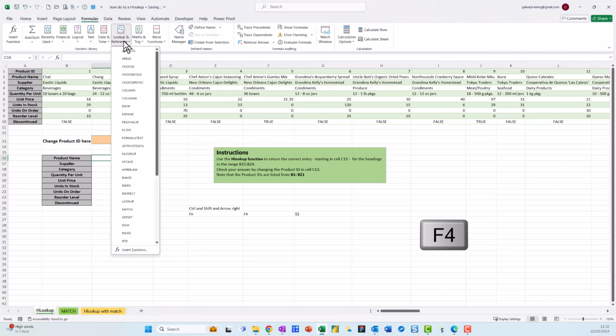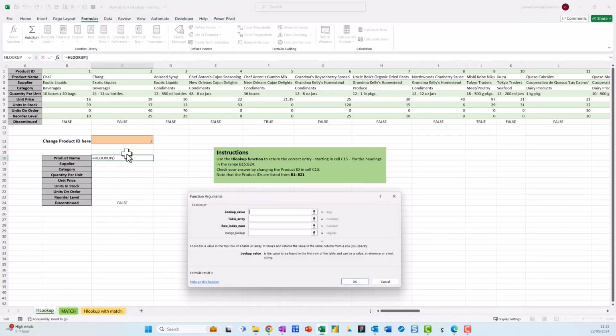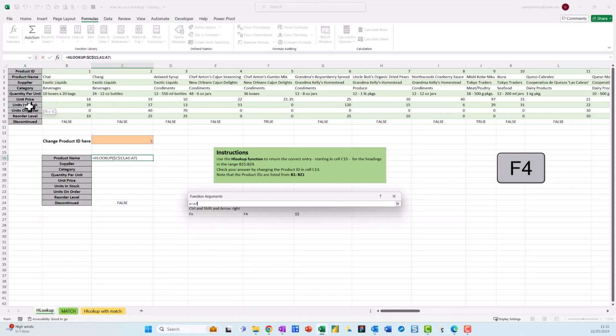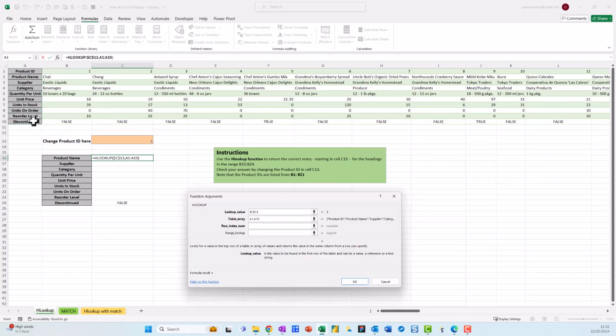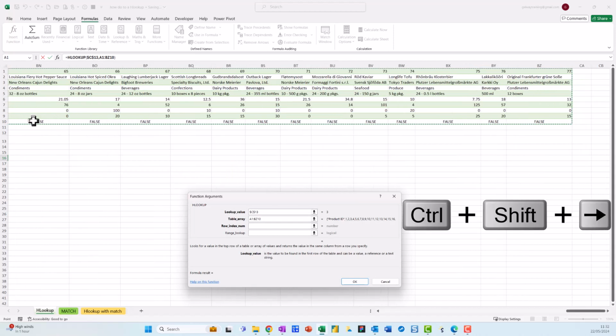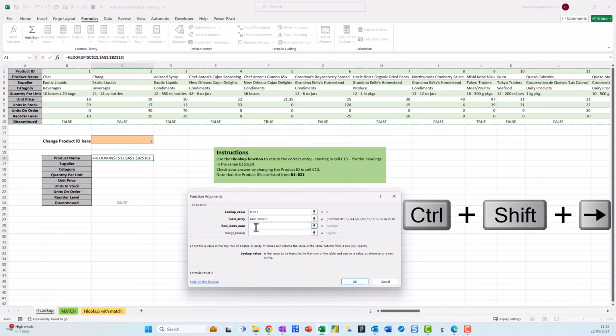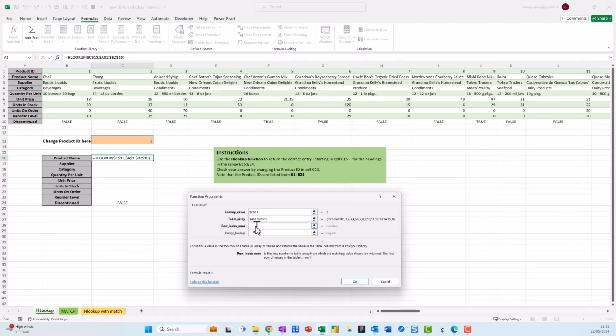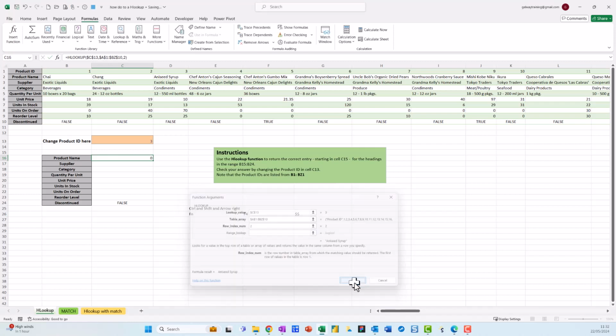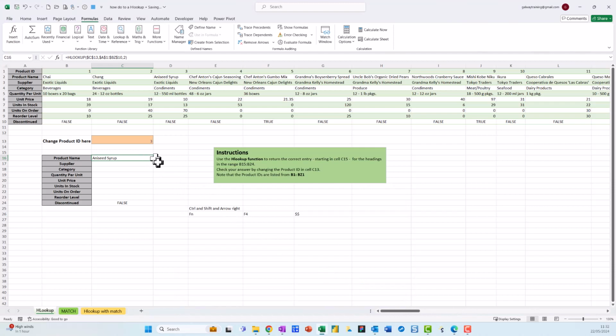So I just go to lookup and reference, HLOOKUP, lookup value. Now I press F4 to lock that. And then I go to my table array, highlight from A1 down to 10, Control, Shift, arrow across. And then I press F4 to lock that because I don't want that to change. And I'm going to still stick with the row index number, which is number 2. And then I click OK, or press Enter. Okay. Now when I copy this down,